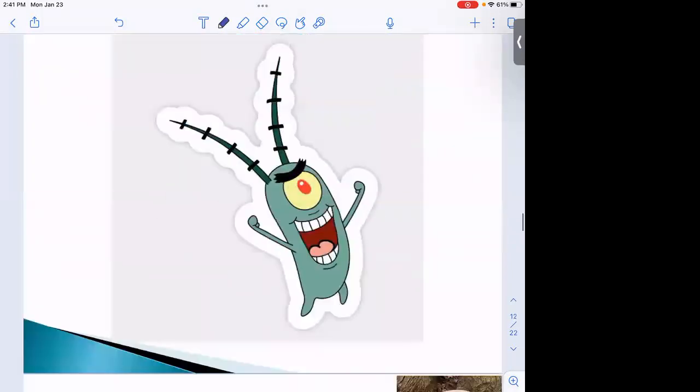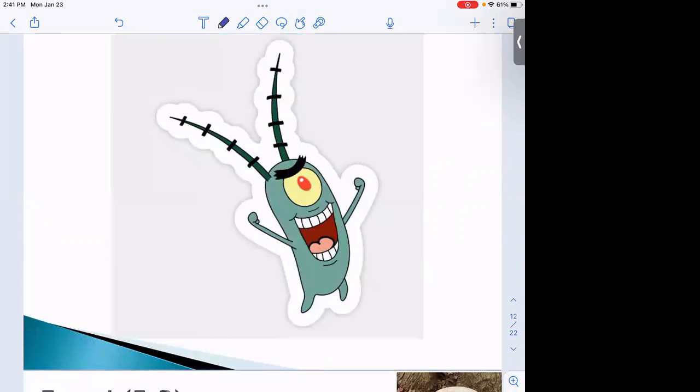And what about plankton? What kind of organism is plankton? Well, it turns out that plankton are just unicellular creatures that live in large bodies of water. So a plankton could be a bacteria, it could be an archaea, it could be a fungi, it could be a protozoa. We don't really know. So in case you wondered.